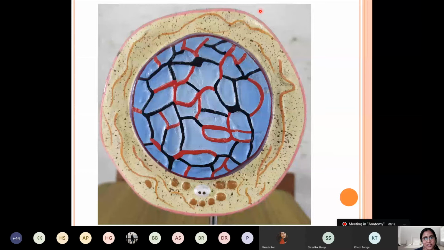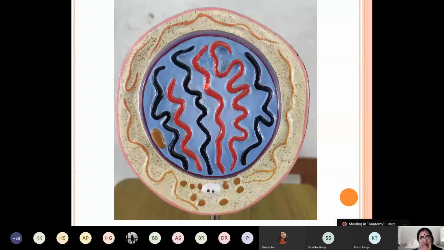Now meiosis. Here you can see this is the meiotic cell division. The meiotic cell division has meiosis part 1 and part 2. Meiosis first and second. This is the prophase. In the prophase there are 5 stages. You know already, you have studied in +2 also. We have done it in general anatomy, also in genetics. So this is the leptotene. Yes, condensation of the chromosome taking place here.